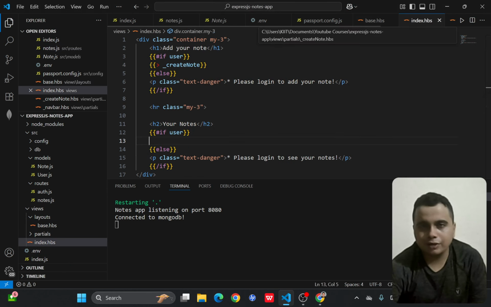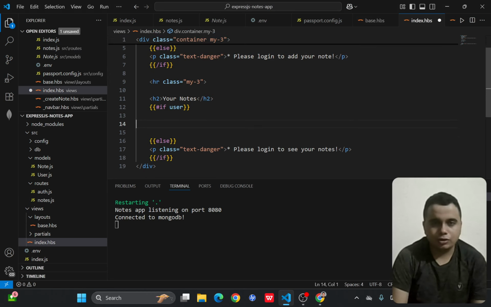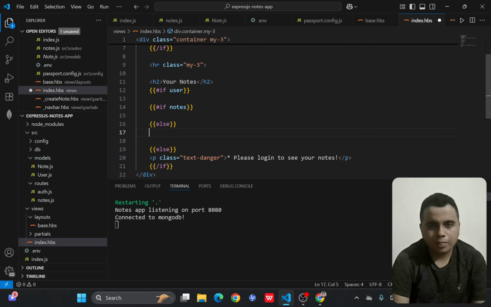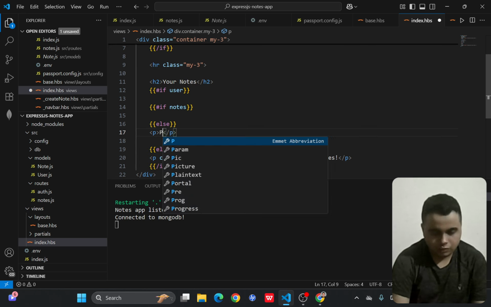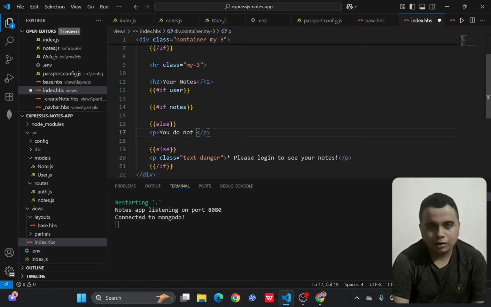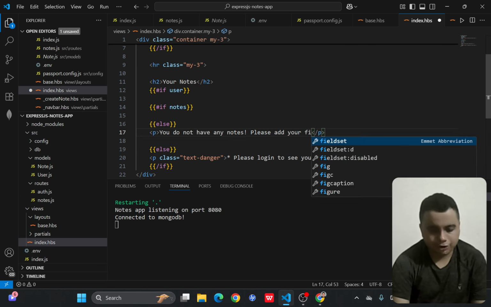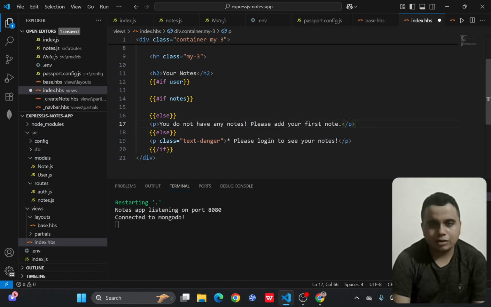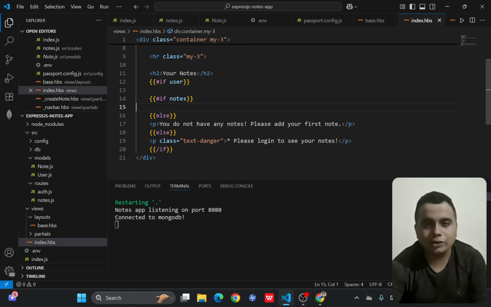So right here, if we are not having any notes, you do not have any notes, please add your first note. Please add your first note and this will be displayed, and let us just go ahead and actually insert a